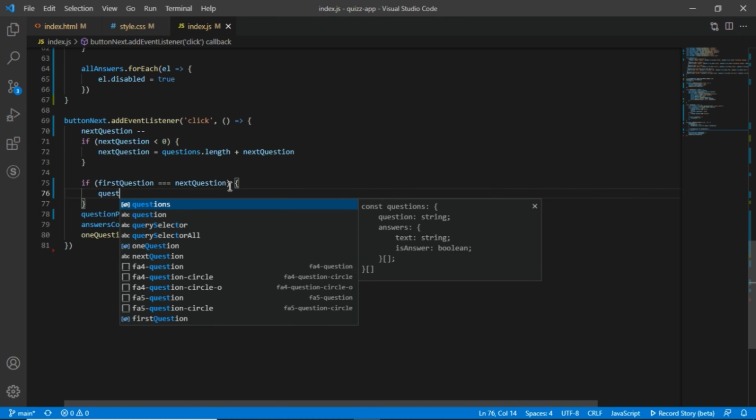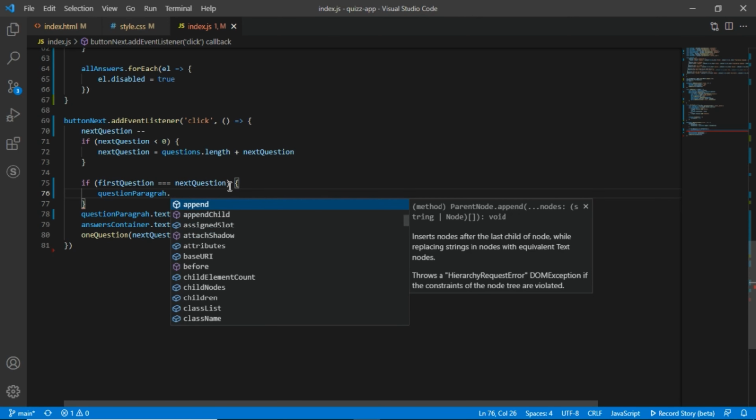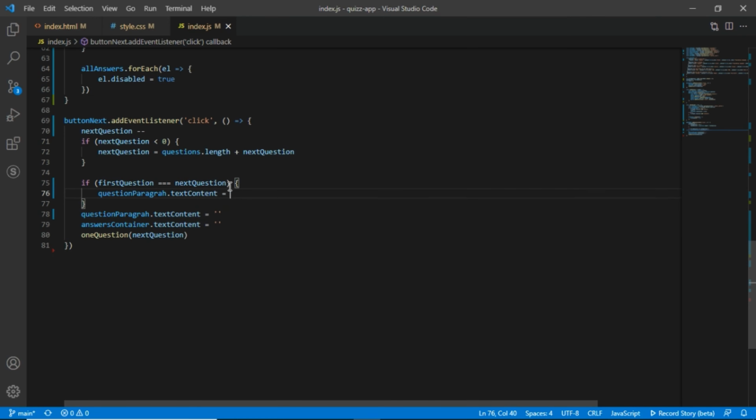Question will be question paragraph. I would like to say this text content, now this should be equal to quiz done. All right, like this. So maybe our first question was the question at index 3, now the next question